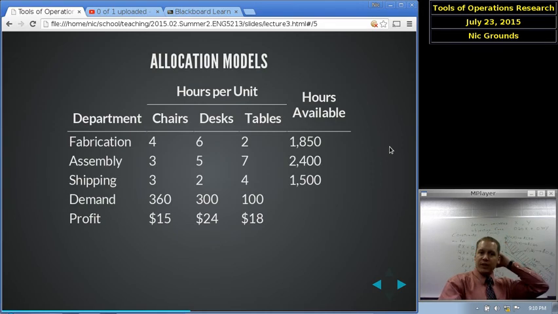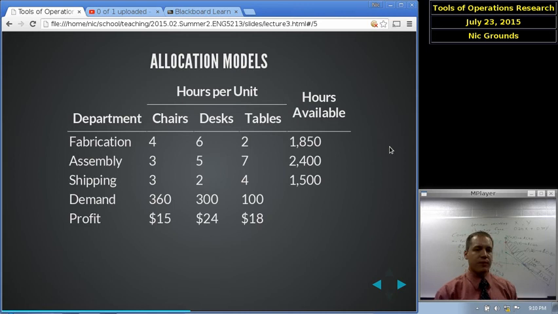Okay, so we've done two problems using Excel. One was the homework assignment problem that we did by hand first, then demonstrated how to do it in Excel. The second was this allocation model. An allocation model is just a linear optimization problem where you're maximizing an objective subject to less than or equal